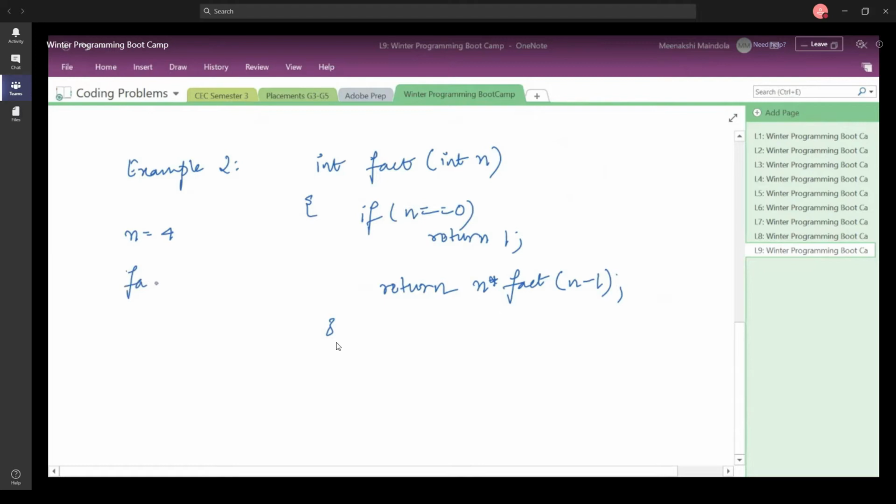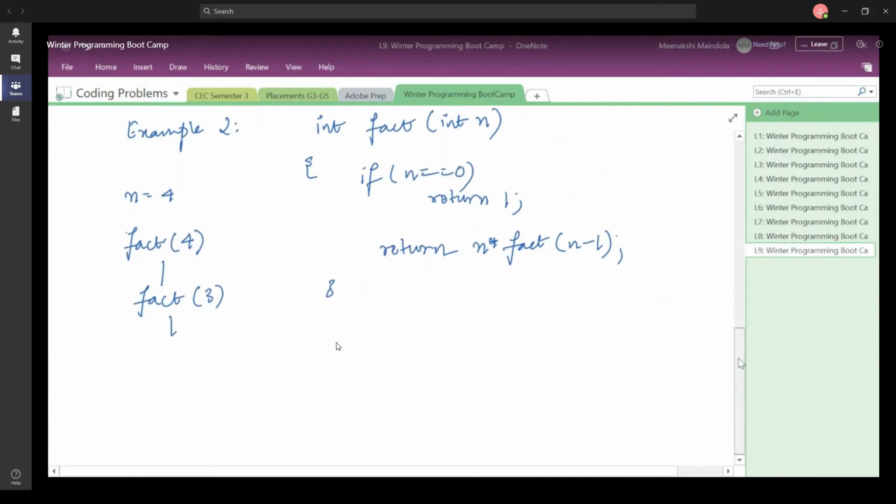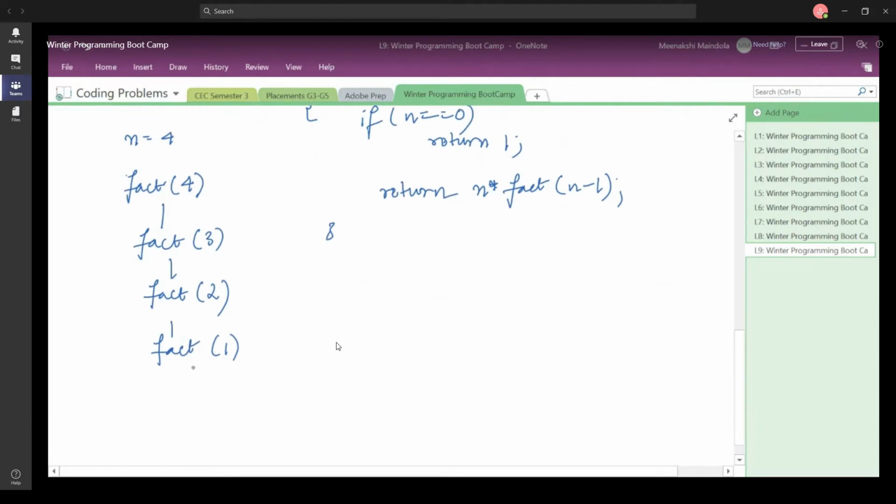It is going to call fact of 4 first, and then once it goes inside and executes this particular part, the next recursive call that I'm going to make is to fact of 3, right? And further, when you go ahead, this is going to be fact of 2, then again fact of 1, and then fact of 0.